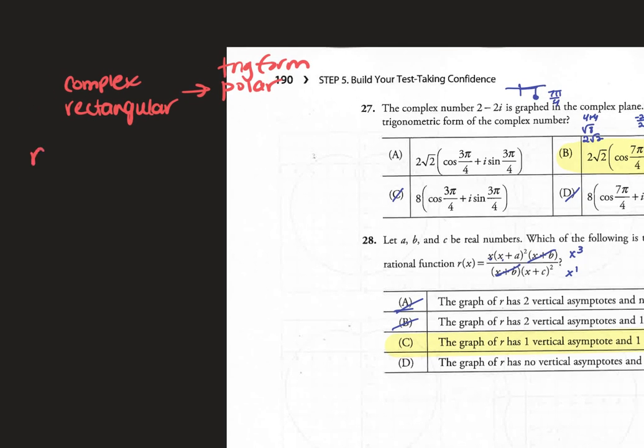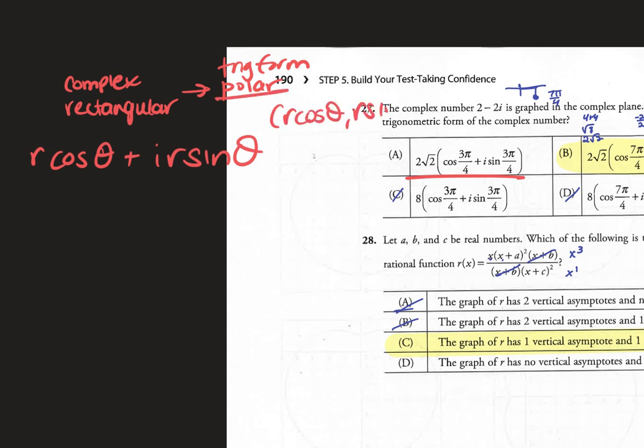So it is r cosine theta. In this case, you're in trig form, so it's plus i r sine theta. If it was polar form, it's just r cosine theta, comma, r sine theta. But basically, that process is the same thing. The only difference is if you're involving complex numbers, you're going to have an i on the sine value because that's your b. So if it's 2, negative 2, because that's what it would be if it was 2 minus 2i,